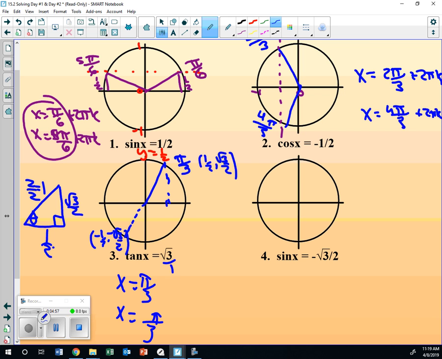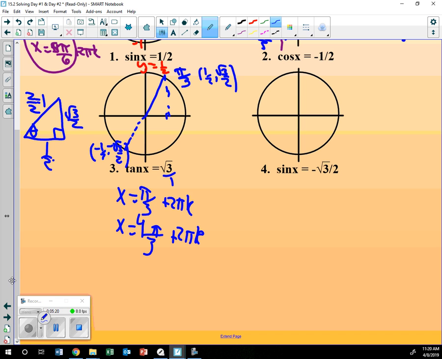To get to here? Not doing it for you. What's that? No, 5 would be right here. You're close. It's good. 4 pi over 3. You got it. And we can go plus 2 pi k, and that'll be all the